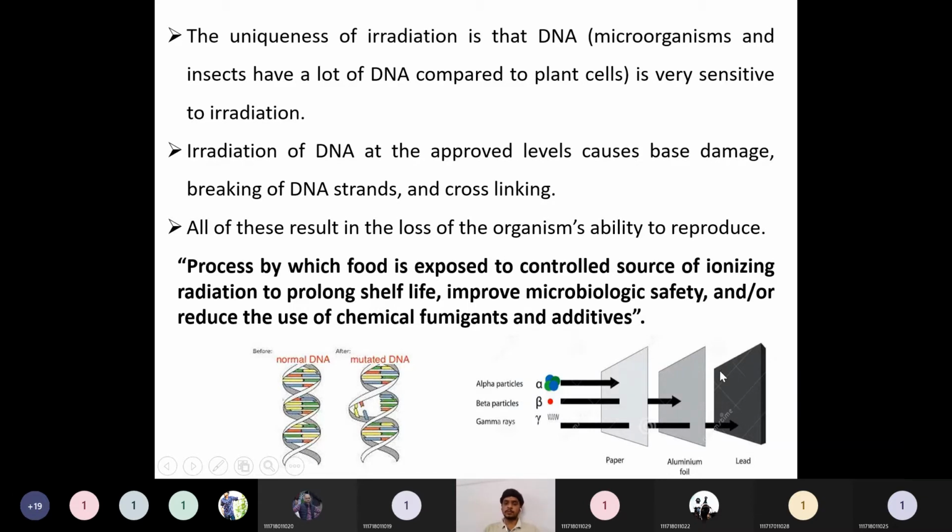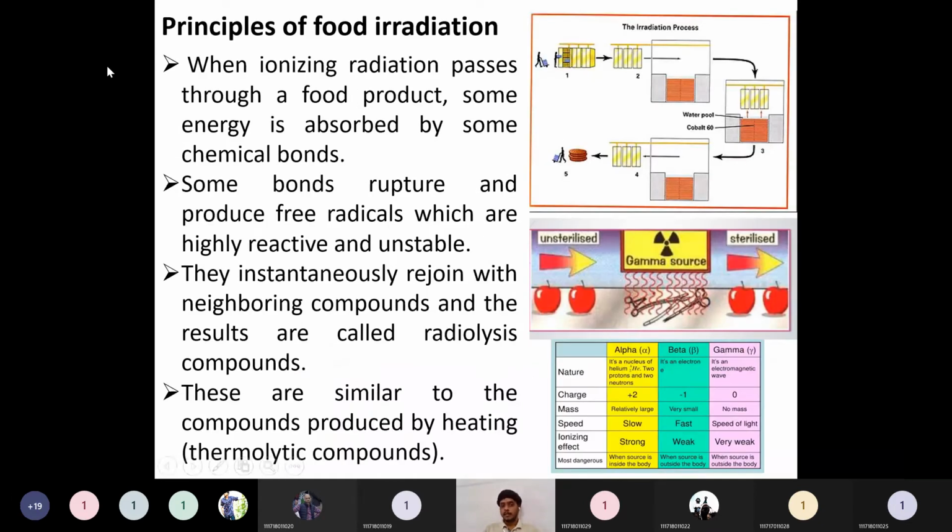So in the canning process, if you see the aluminum foiling or some aluminum cannings, Coca-Cola tins will be coming. So how are they irradiating? Because gamma rays have the capability to pass inside that also. So when they are vacuum packing, they apply gamma ray irradiation as one step in order to lower the chances of spoiling for long-term storage. So this is the advantage of gamma rays, and the comparison of these three rays, alpha, beta, gamma. Then the principles of food radiation, how they act.